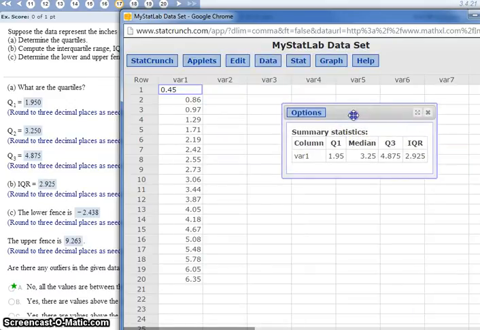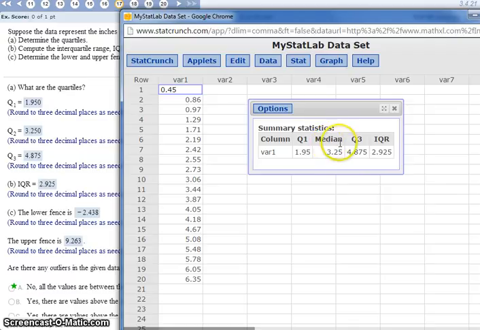So hit Compute, and you get your Q1, Q2, and Q3. And remember, the interquartile range is just the difference, the subtraction between Q3 and Q1. So you could figure that out manually, just take that minus that. But there they are. So our interquartile range is